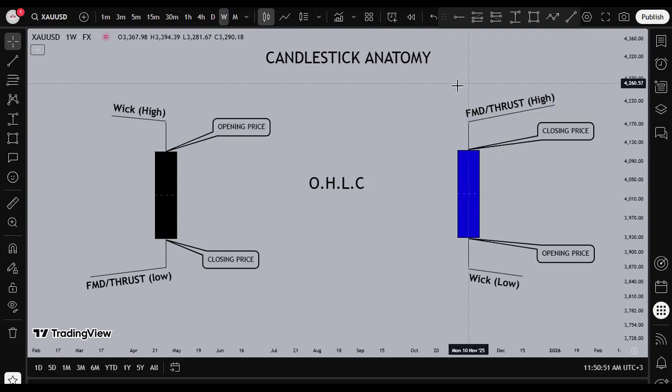Now, candlestick anatomy. When we talk about candlestick anatomy, we are talking about the morphological composition of the candlestick. Now, we are talking about how these candlesticks are created. What's the theory behind them? Now, when we are talking about what makes the candlestick,